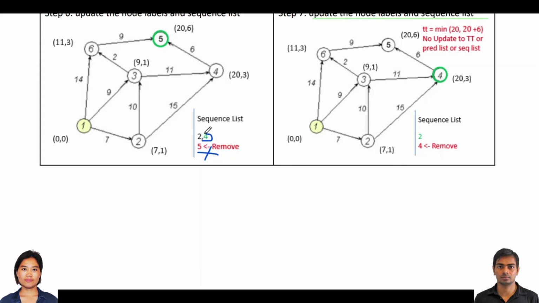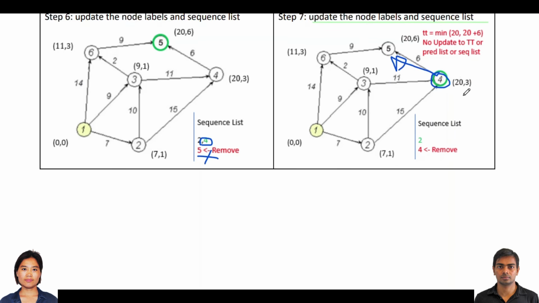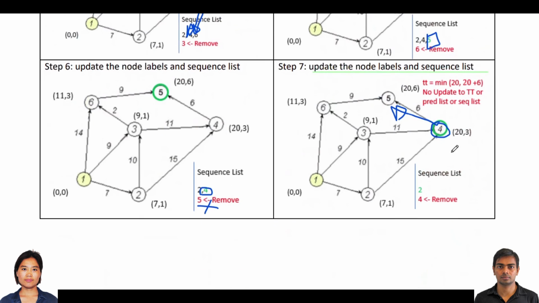Now the next one on the sequence list is 4. So we'll take the 4, we'll figure out where we can go with 4, so we can go in this direction. The level for 4 earlier was 20, so 20 plus 6 is 26. Is 26 lower than 20? No. So we do not update travel time and predecessor sequence list and sequence list. So since this 20 is already lower than this 20 plus 6, 26, we do not update this number or the predecessor list. So what we will do is we'll remove 4 because all the downstream nodes are checked, and